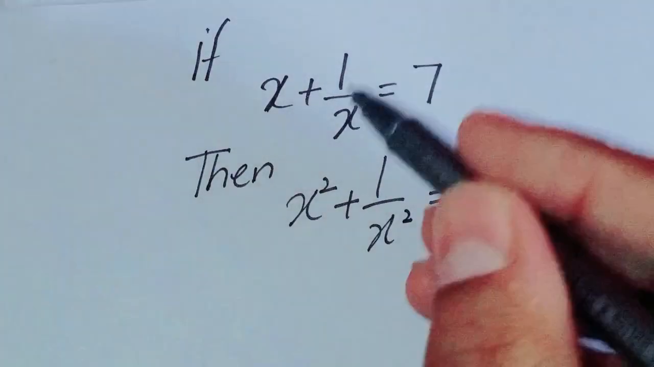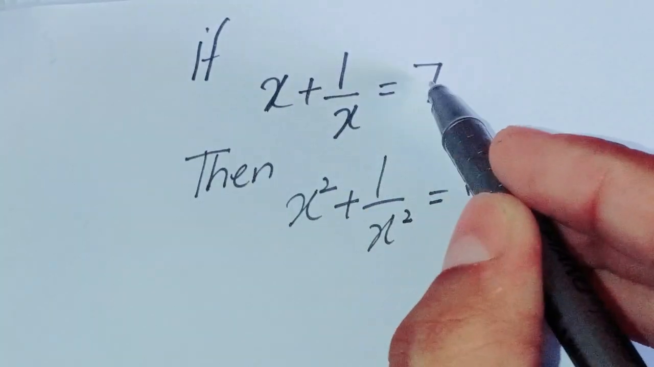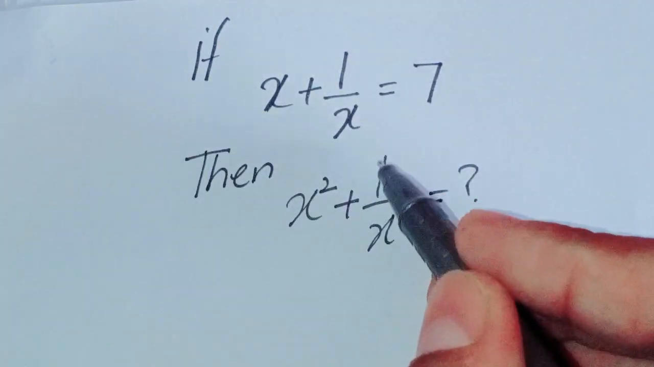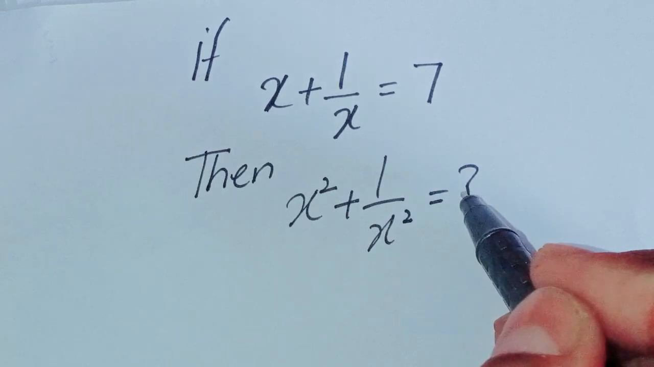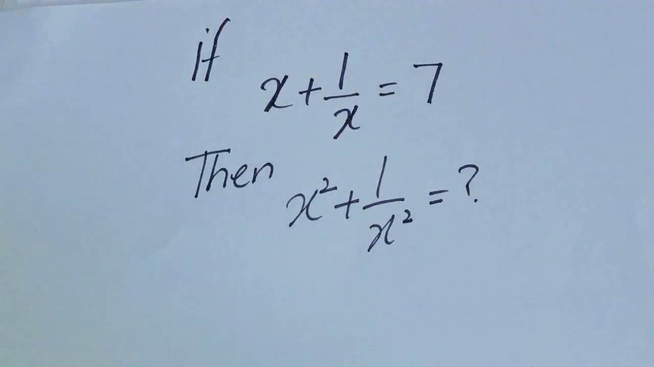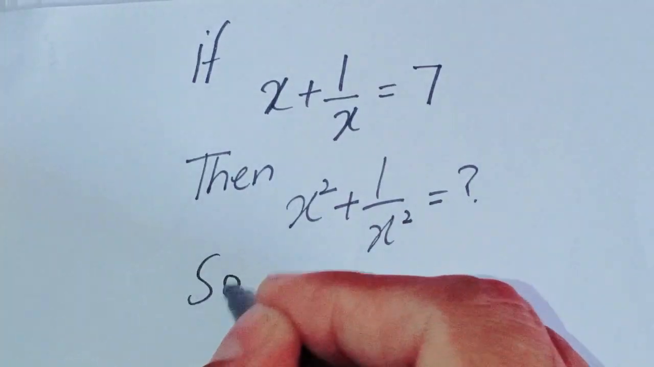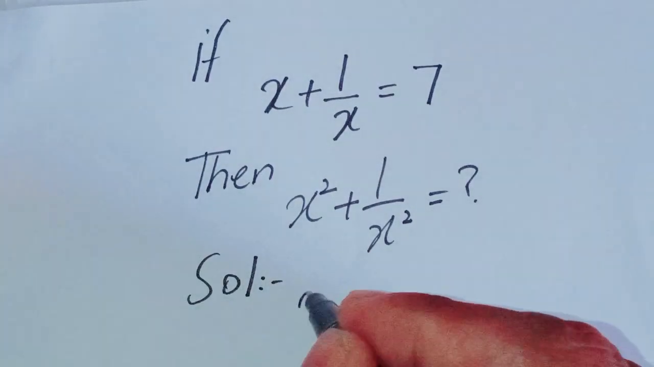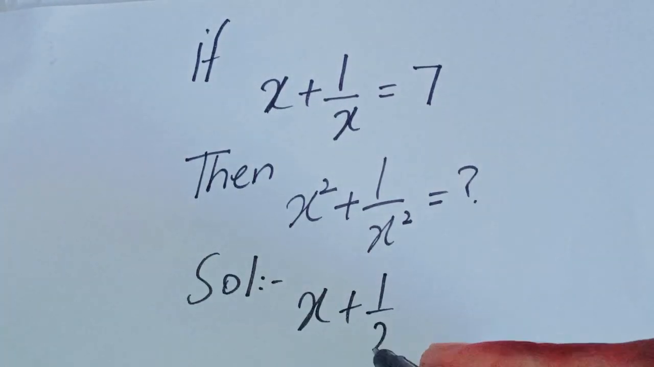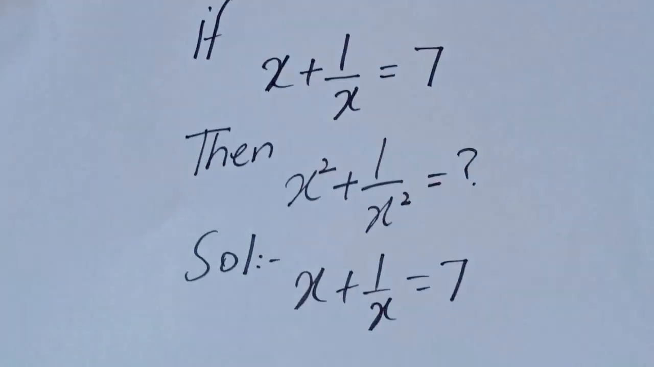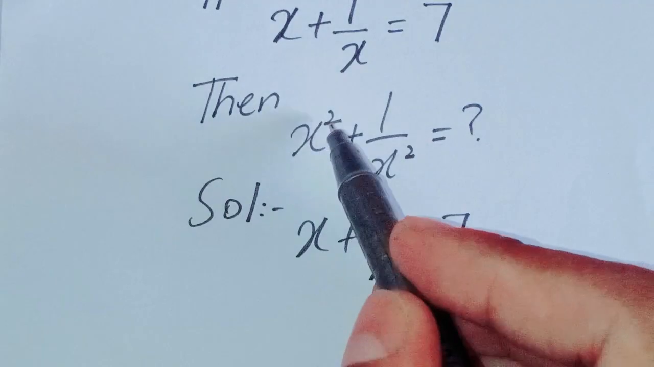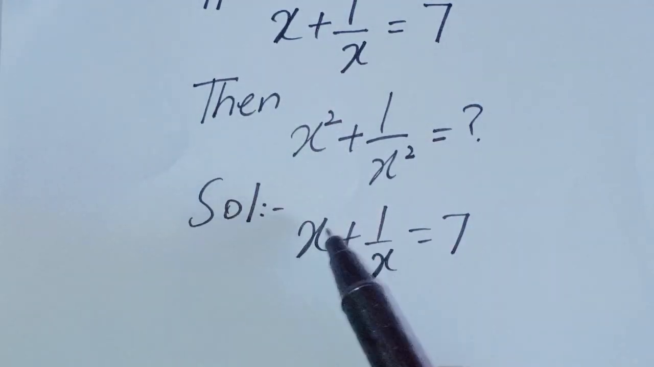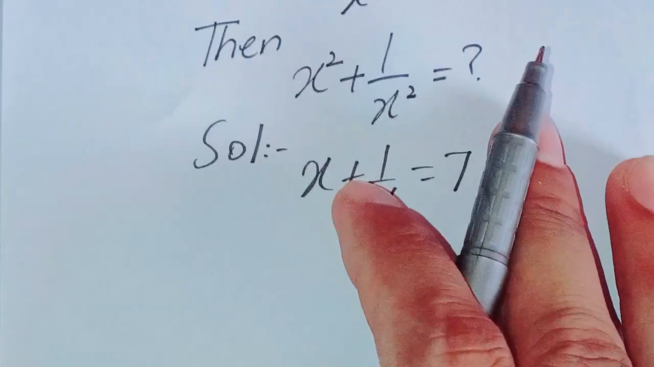The question is: x plus 1 over x is equal to 7, then find x square plus 1 over x square. The solution is: x plus 1 over x is equal to 7, given. So taking square on both sides,